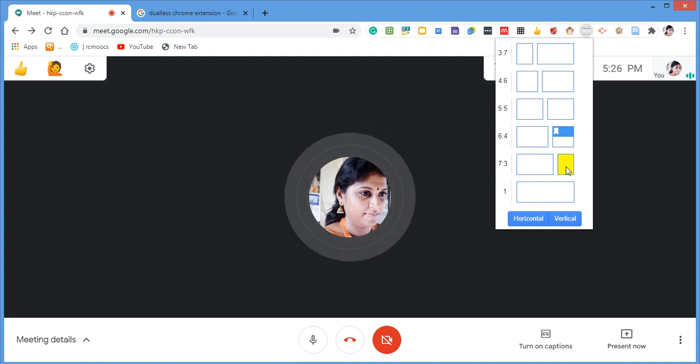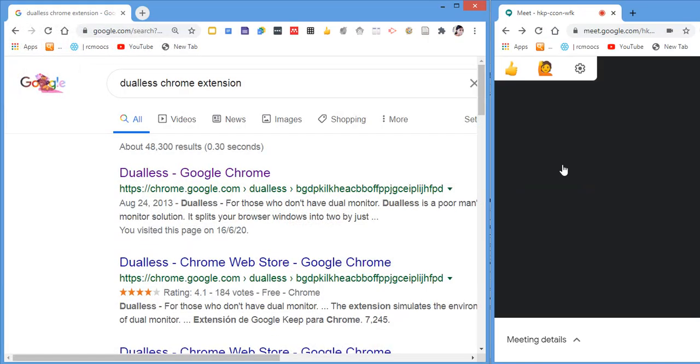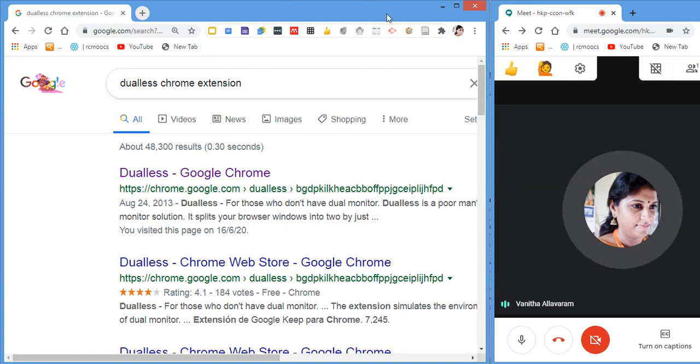Here, during my presentation, I can show you the screen in presentation mode and also use my screen for other purposes. For example, if I click this, now see, I can see my screen and also the other page of my screen. In this way, you can show your presentation and also type something for the meeting.